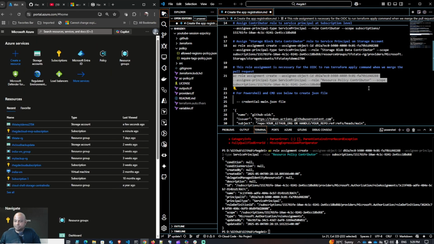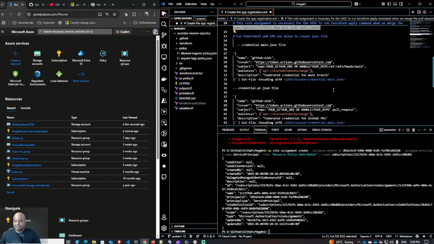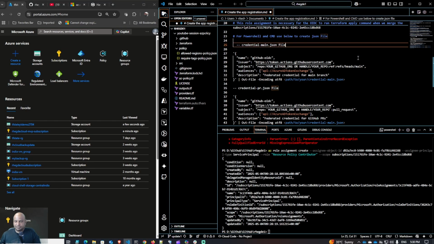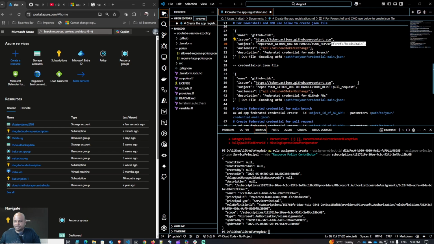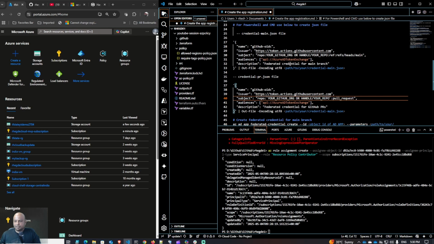Now, once the permissions are all assigned, the second step that we had to do is create a federated credential between this app registration and GitHub repo. Here we are going to create 2 federated credentials. One is for the main branch, another one is for pull request. So first things first,